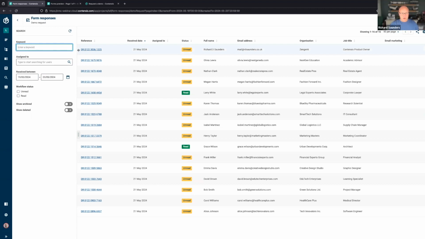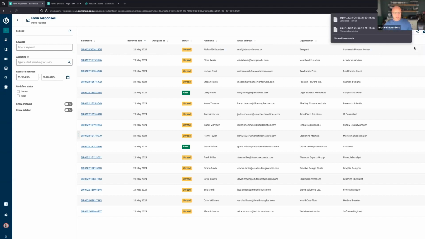From here, you might just want to take this data out into another system. And to do that, you can export this content as a CSV file. So go to table options, export as CSV. In this case, I've only got a single page of data, so it's exported all of the data. And if I open this up,